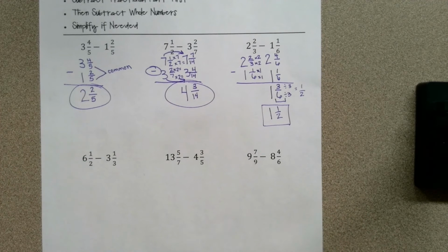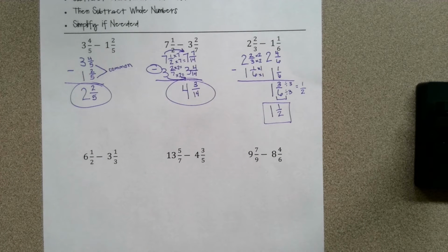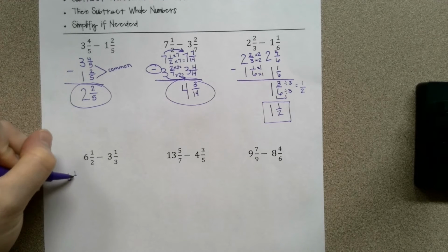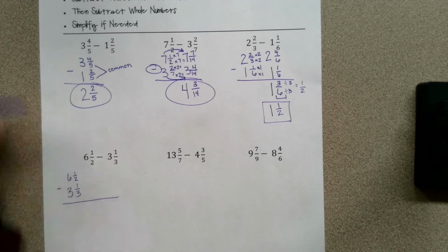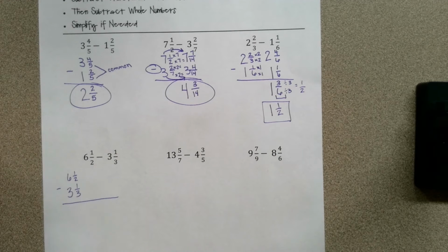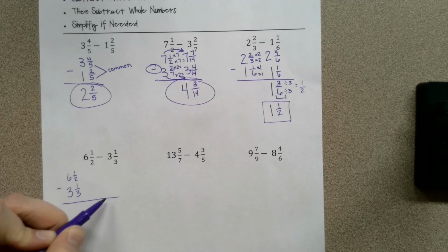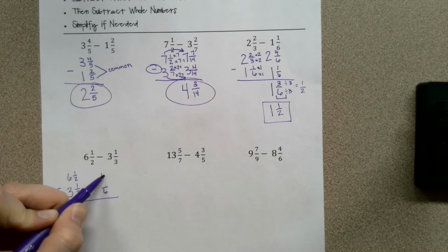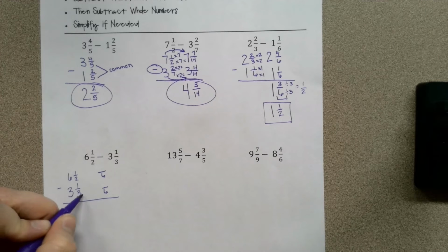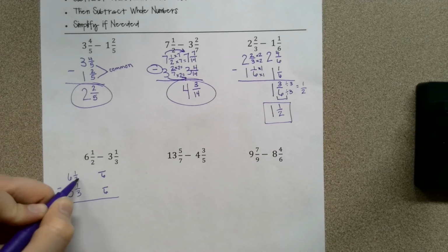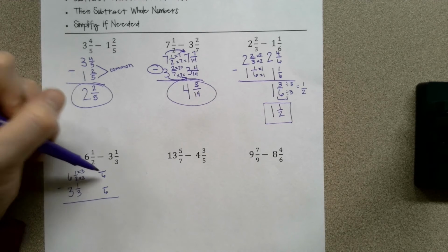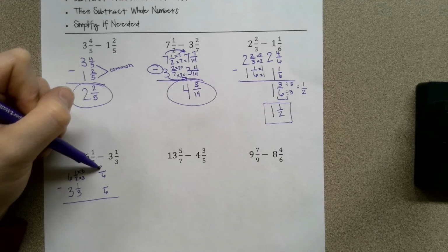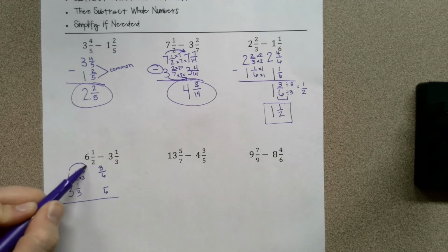Even when we have bigger numbers like you see here, the process is still the same. The process still works. We start by stacking our fractions, 6 1/2 minus 3 1/3. Then we check for common denominators, which in this case we don't have and need to create. 2 times 3 gives us 6. To get from 2 to 6, we would need to multiply by 3. That needs to match. Our new numerator becomes 3. Carry over that whole number,